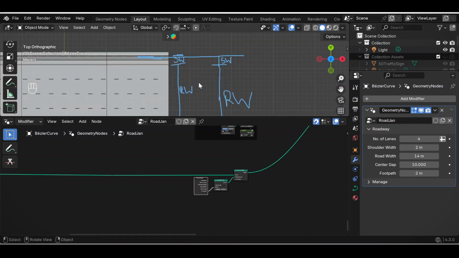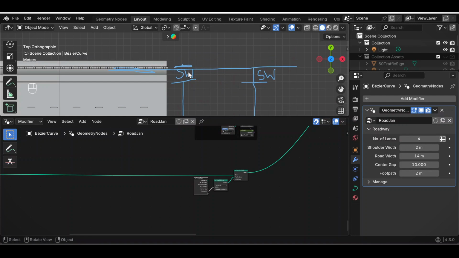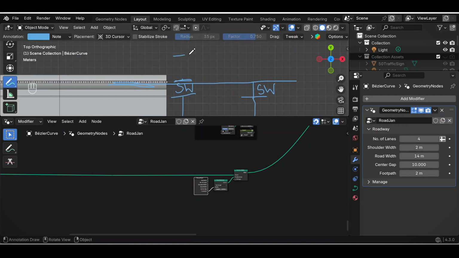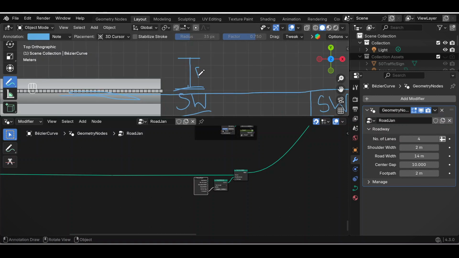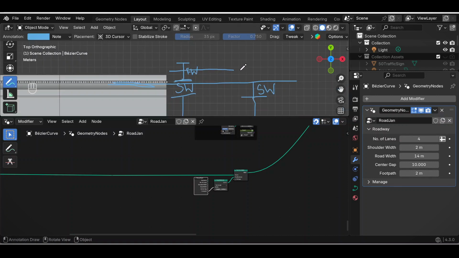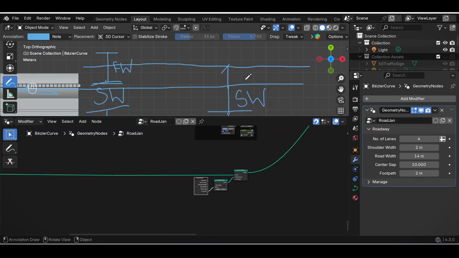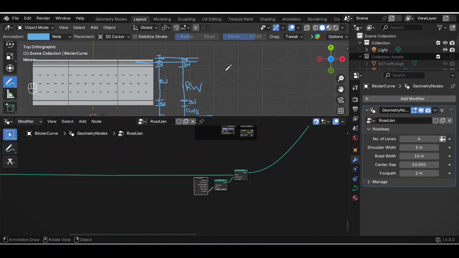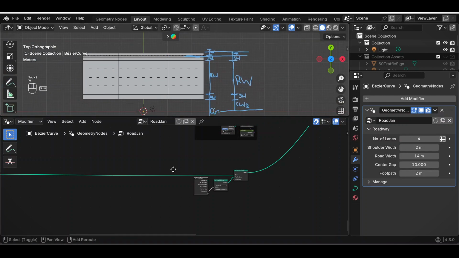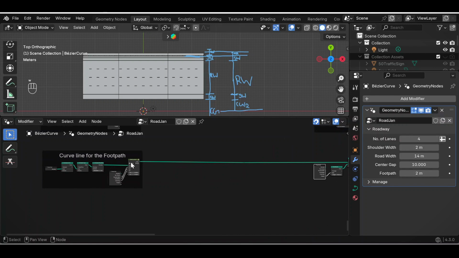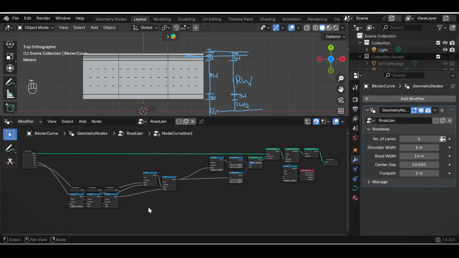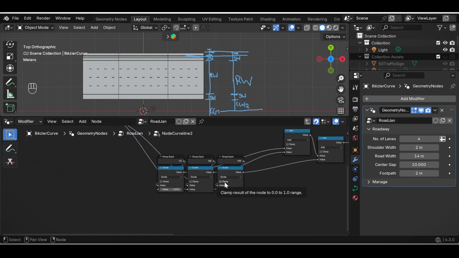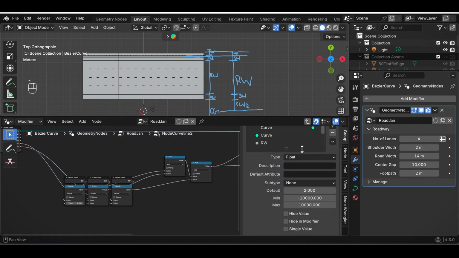Switching to the top view, we determine the curve line for the footpath, ensuring its placement is accurate. The distance is calculated using footpath width divided by 2, the road width, 2 shoulder widths, and the center gap divided by 2. We then open the node group properties by pressing N, create an input labeled FW,